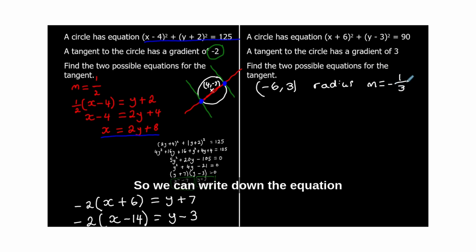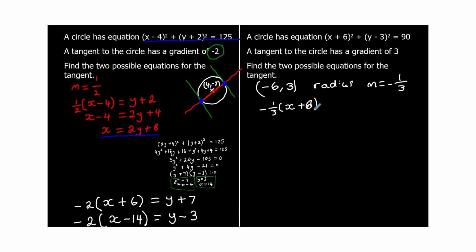So we can write down the equation of the radius. So it's the gradient times x minus x1, x minus 6, equals y minus y1, times by 3